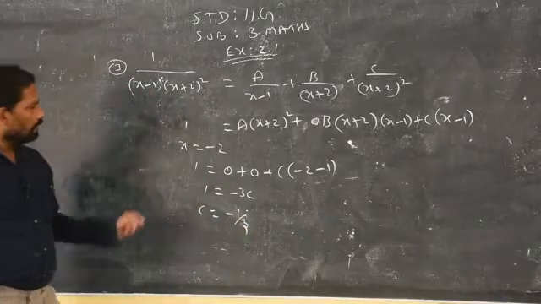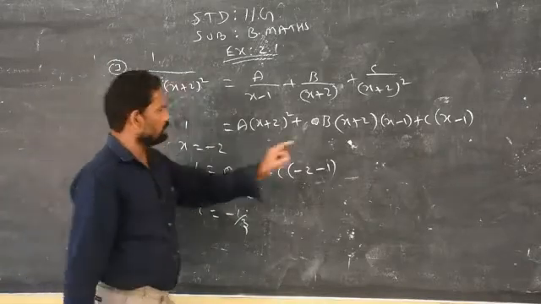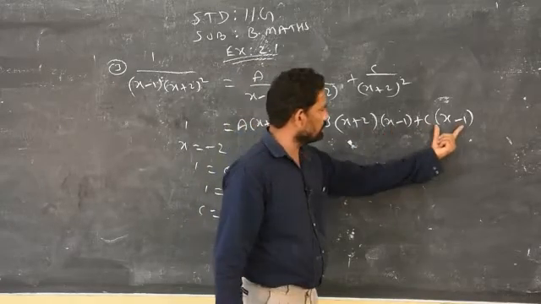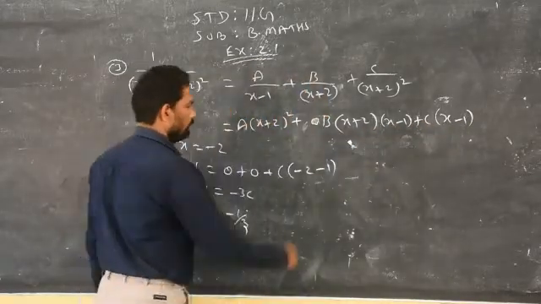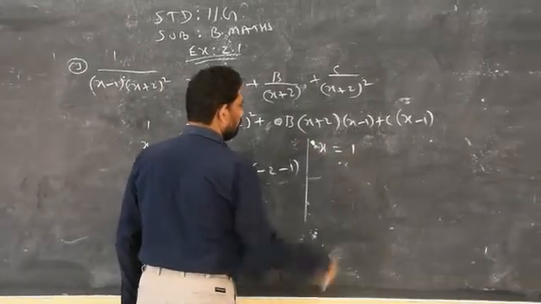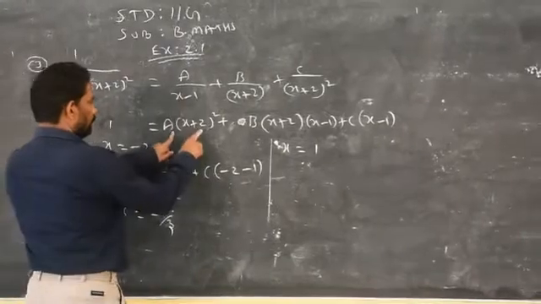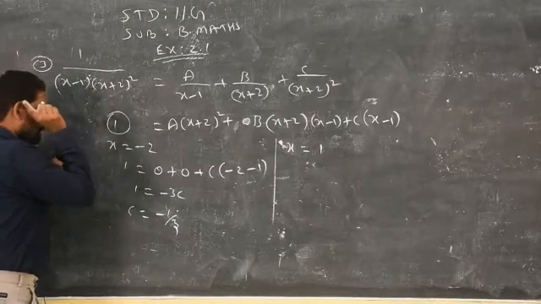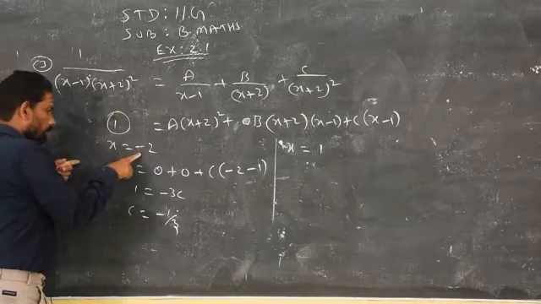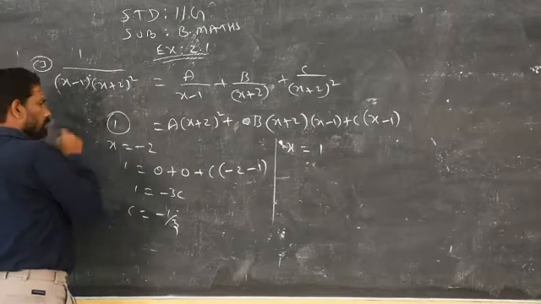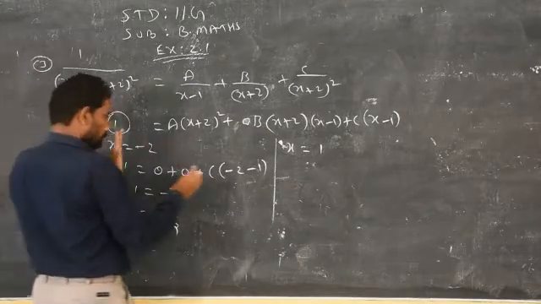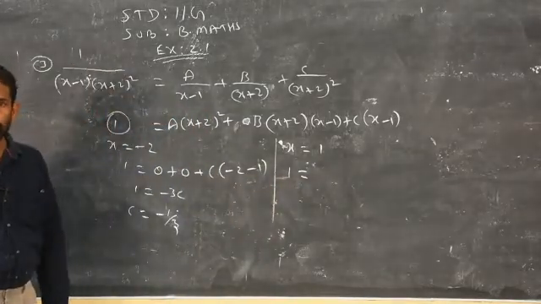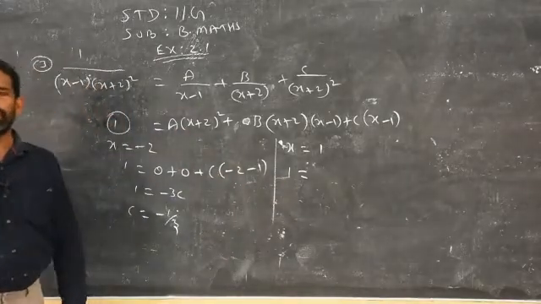Clear? Likewise, you try to make another term 0, the second term. When I replace x equal to 1, I will get the second term as well as the third term as 0. Clear? So I am replacing now x is equal to 1. The left side is not 0. Be careful, there is no x on the left side. If there were any variable x on the left side, you would have to replace it with minus 2 there also. But it is only a constant. Don't forget to write the constant on the left side. Some of the boys may forget to write 1, and then it leads to wrong answers.